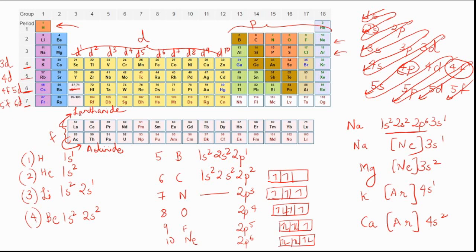Okay, so let's say for lanthanides it will be f0, f1, f2, 3, 4, 5, 6, 7, 8. So here we'll have a half-filled stability, 9, 10, 11, 12, 13 and 14. So here we'll have a full-filled stability. Okay. So this is how we'll be filling the electrons progressively.